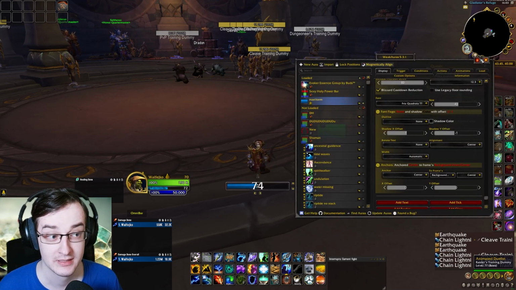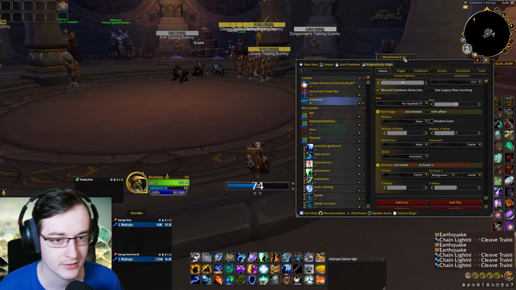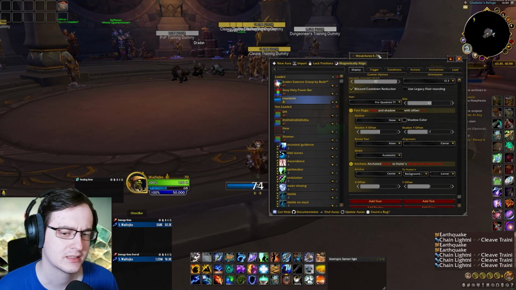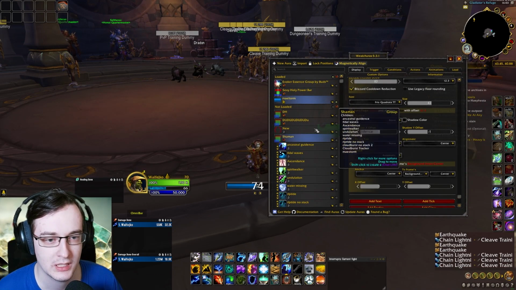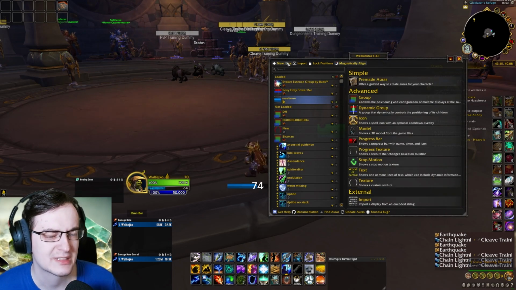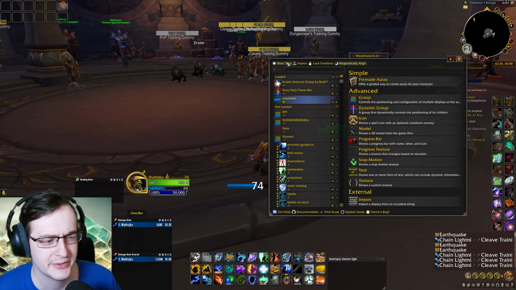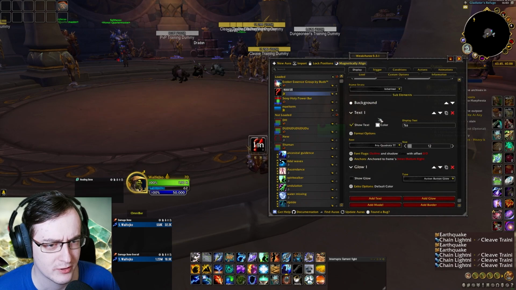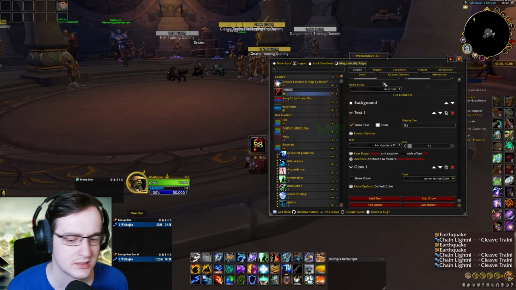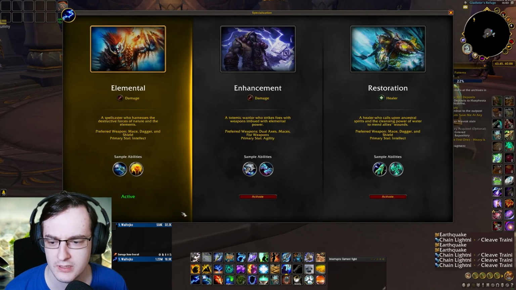So it's not opening, it's a combat problem. It's right here. When you click inside the combat, it automatically pops out. And some more simple ones, these icons I'm using much more because it's basically setting my cooldowns. Let's switch to healer. I like it a little bit better there